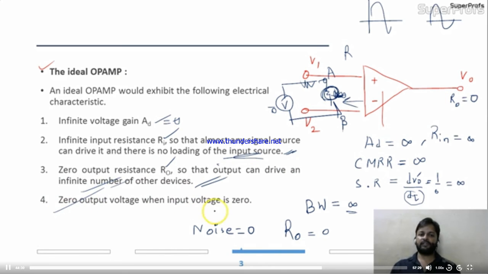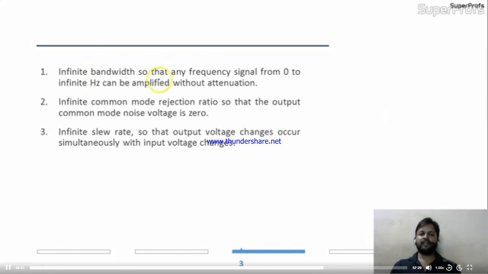Zero output voltage when input voltage is 0. Definitely, if the input voltage is 0, V0 should be 0. There should be no offset inside. Infinite bandwidth: the bandwidth should be infinite so that the frequency signal from 0 to infinite hertz can